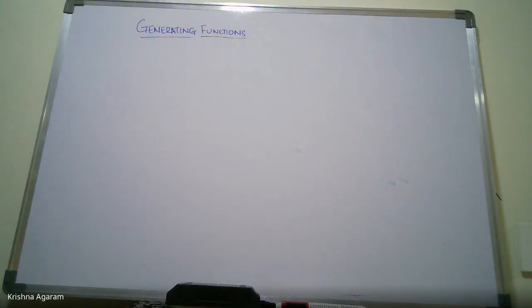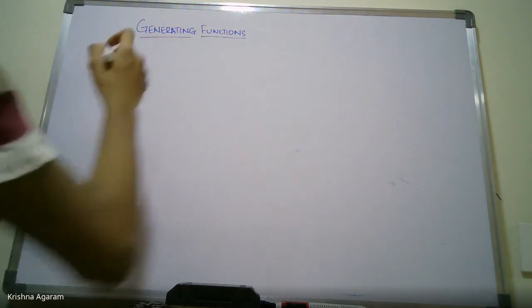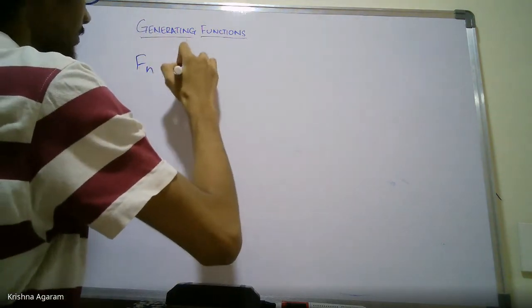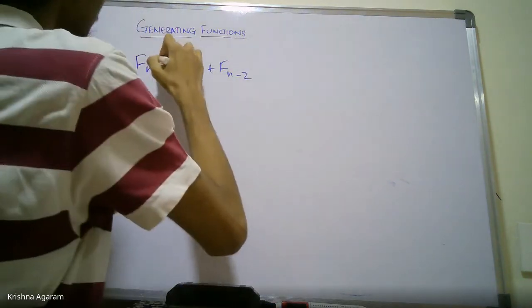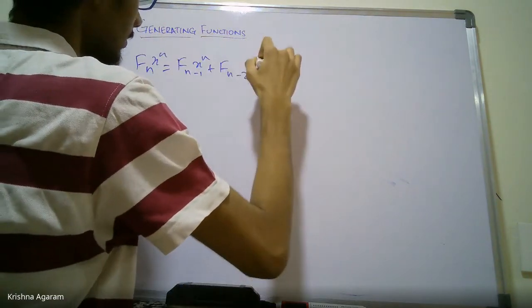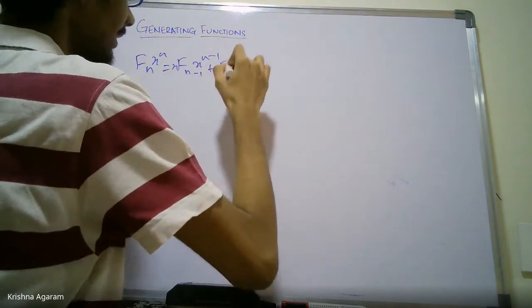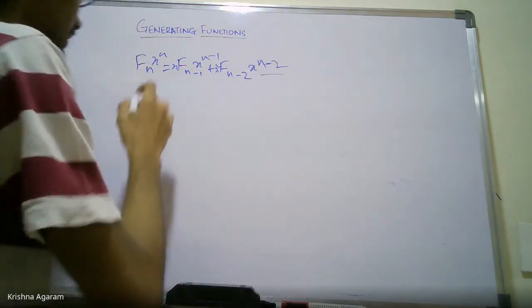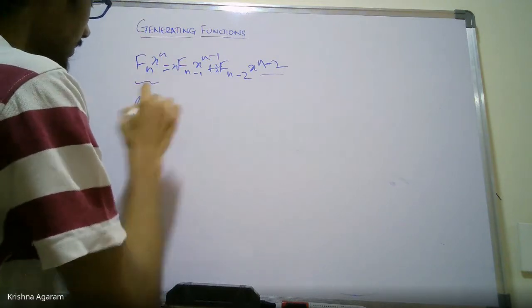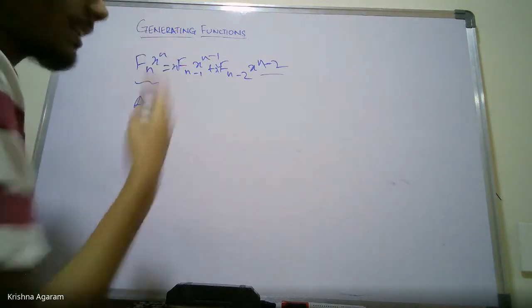Okay, so people are comfortable with roots of unity filter and general recurrence relations. So basically it's the same idea. I'll just show the exact same idea on the Fibonacci. Multiply by x to the n, and write this as x squared times the sum from n equals 2 to infinity of f_{n-2} x^{n-2}. So this will just be A, where A is the summation of f_n x^n.